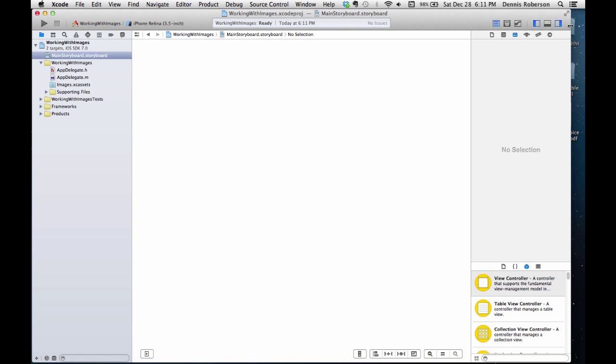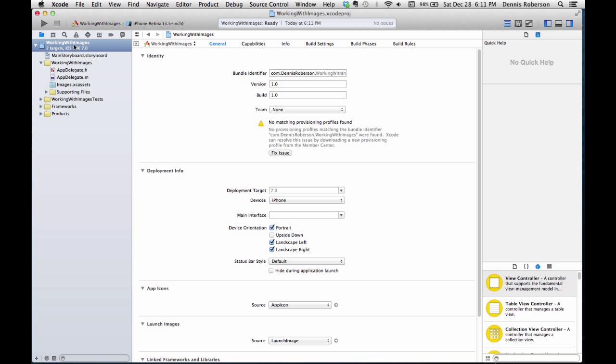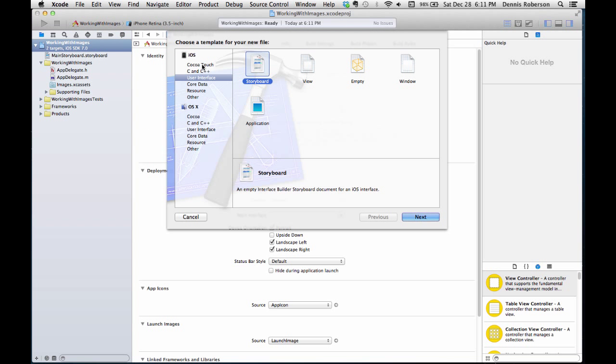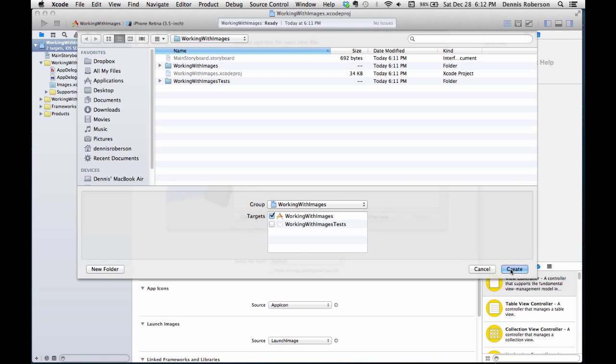Now next thing we need is a class file. Let's go ahead and create that. So we'll right click once again, New File, and Cocoa Touch, Objective-C Class. And this is going to be a subclass of UIViewController, and we're just going to call this class file Add Contact View Controller. Click Next and Create,